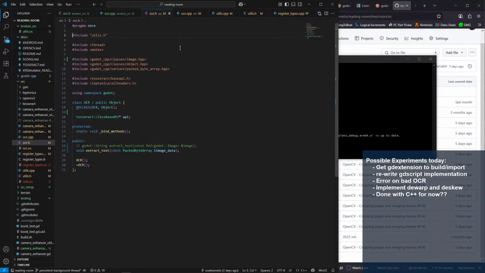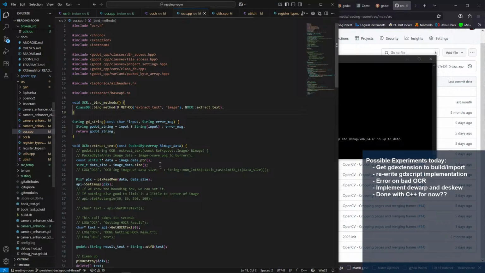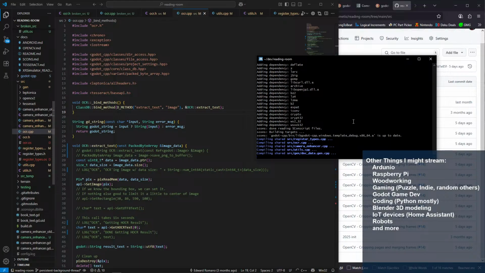In theory, then, that means... Oh, but I did have a different version of it. Okay, well, we'll test one thing at a time. At least here we know we're back to the old version with the pack byte array. And at least it's okay with that.